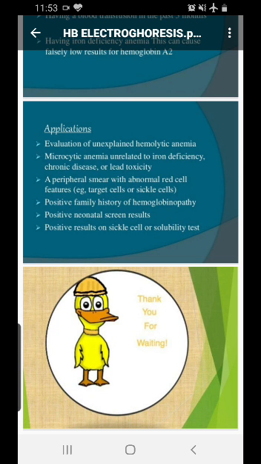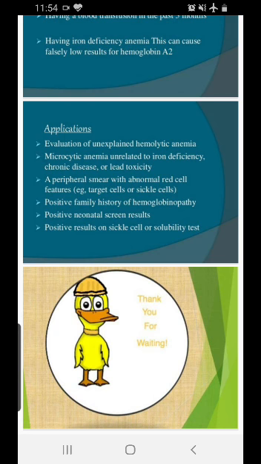Okay. So this was an important thing to know and understand because it is being followed, and we have to know about the hemolytic anemias, the classification, how to diagnose them. Go back and see what are the other different tests which are being used, like the solubility test, the sickling test, the G6PD deficiency test, and the Coombs test, which are the other tests being used for hemolytic anemias.